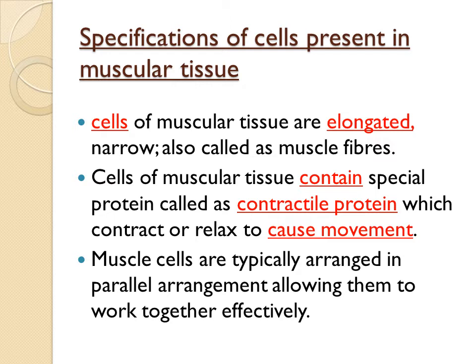Muscle cells contain a special type of protein called contractile protein. Body movements are brought about by contraction and relaxation of contractile proteins present in these cells. Muscles play a role in almost every activity of an animal, including movements of limbs, movement of heart, movement of blood vessels, passage of food through alimentary canal. Do you remember peristalsis? Yes, that is also possible because of muscular tissue.